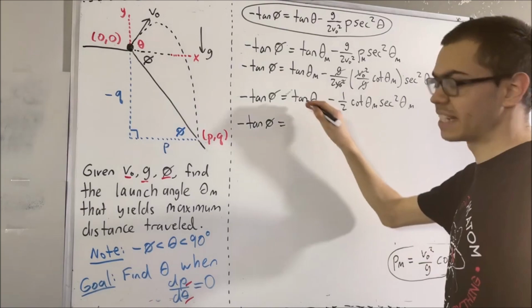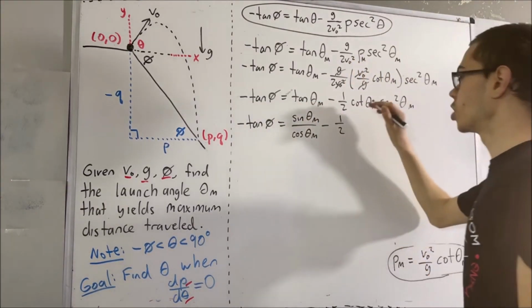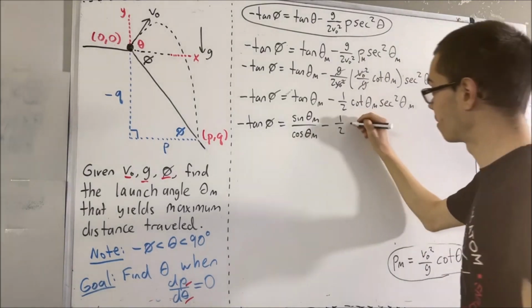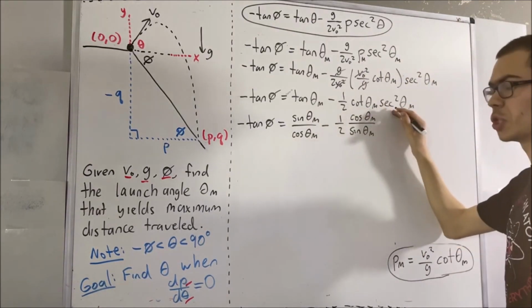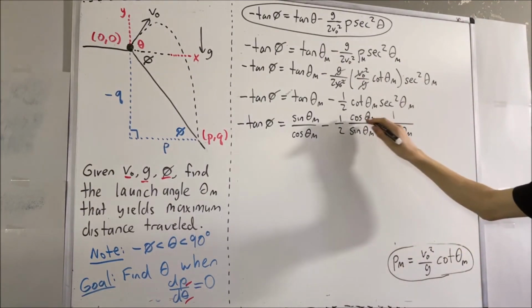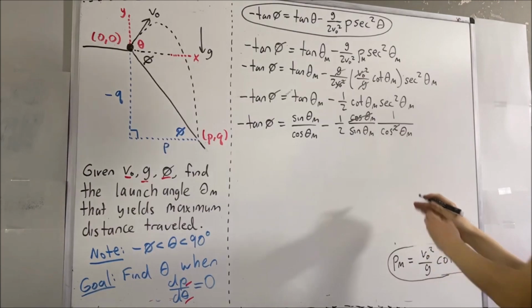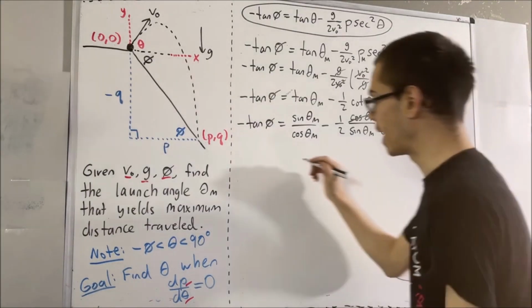If you recall, tangent is just sine over cosine. Cotangent is just cosine over sine. And secant squared is just 1 over cosine squared. Notice that cosine over cosine squared is just 1 over cosine. And so now I'm just going to rewrite this. We have